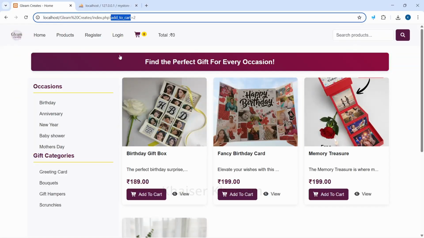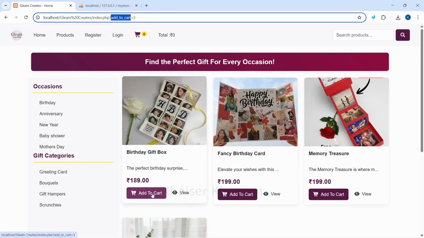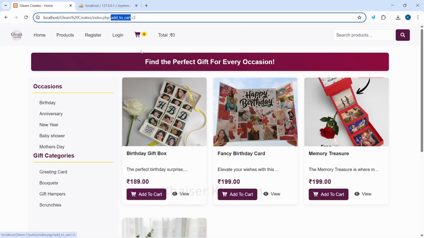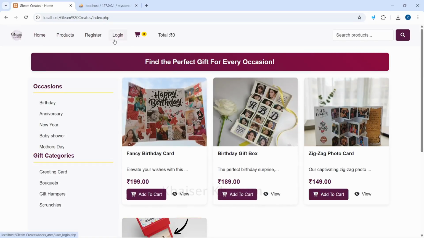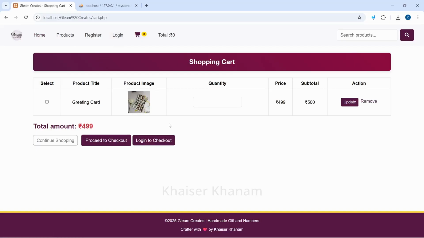Now here also for add to cart we are having two conditions. Just imagine I have added this item to cart and this item is present inside the cart. But now again I'm just trying to add the same item and this item is already present inside the cart. So in that case, I don't have to add this item twice. Instead, what I can do,